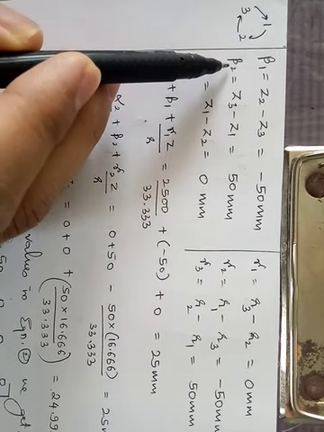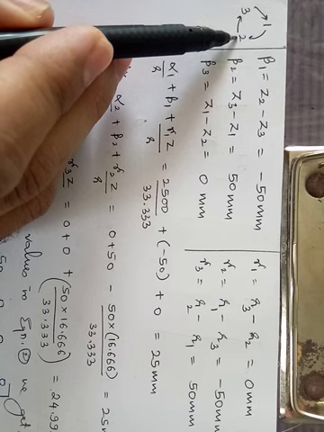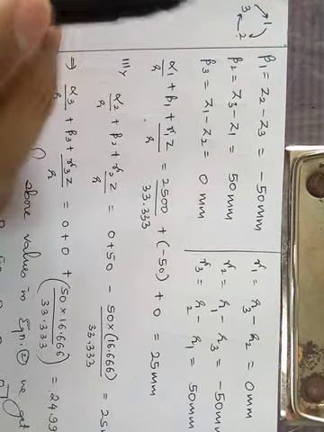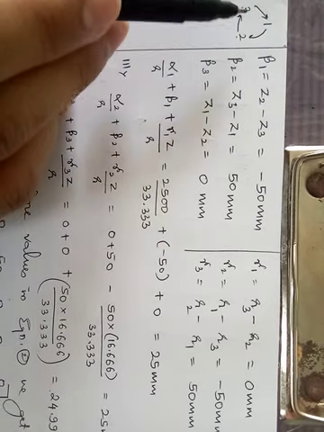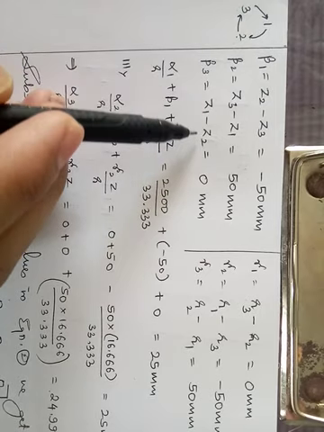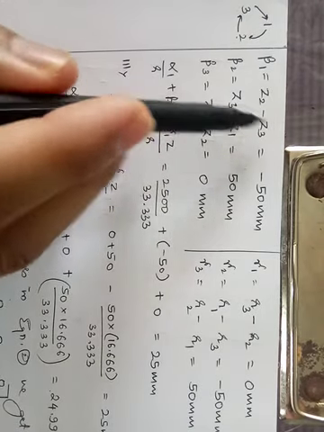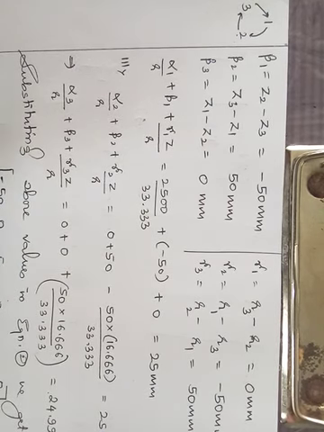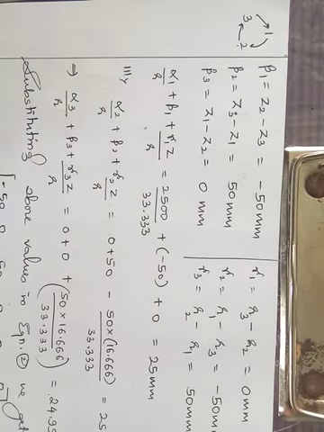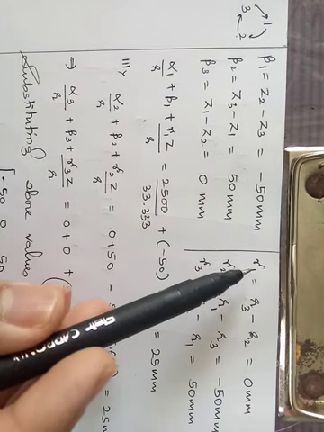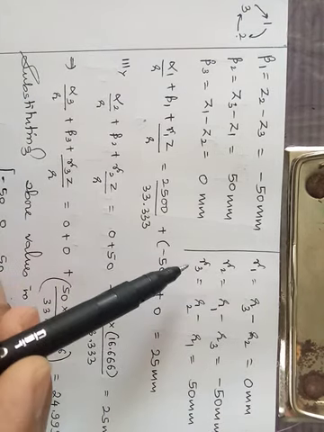If you are interested in beta 2, the immediate continuation is 3 and 1. So it is Z3 minus Z1. Now you are having beta 3. The immediate continuation is 1 and 2. So it is Z1 minus Z2. Substitute these values, you will be getting the values of beta 1, beta 2 and beta 3. Now similarly, using the inverse logic, you need to calculate gamma 1, gamma 2 and gamma 3.